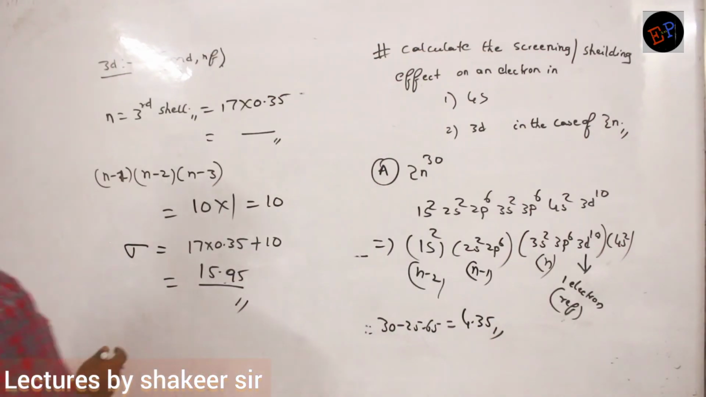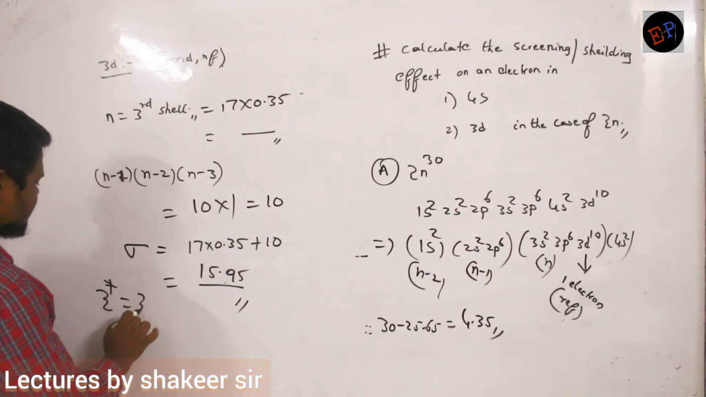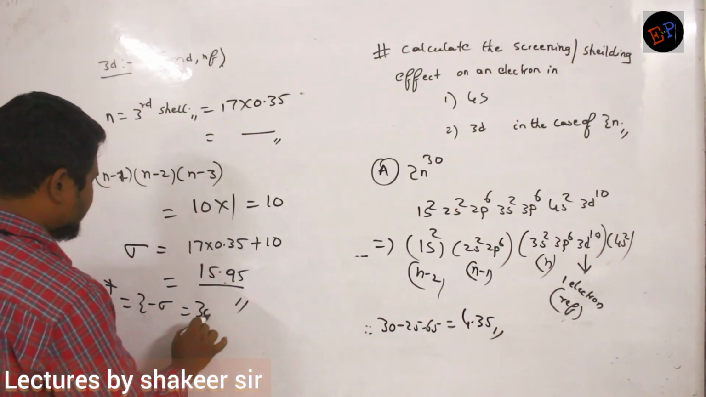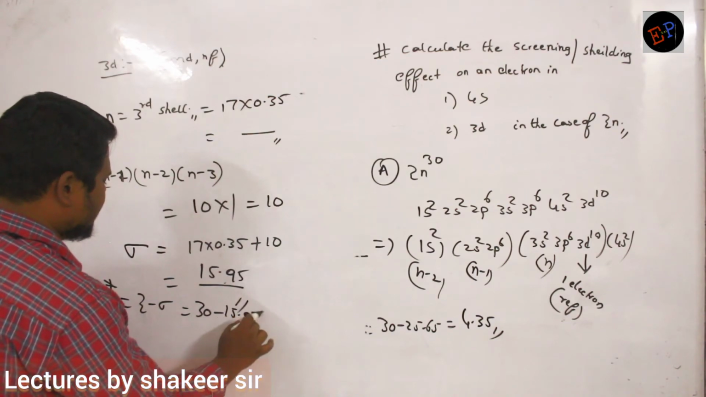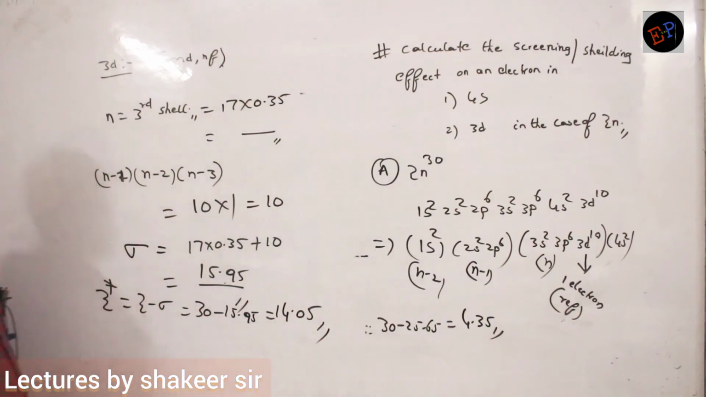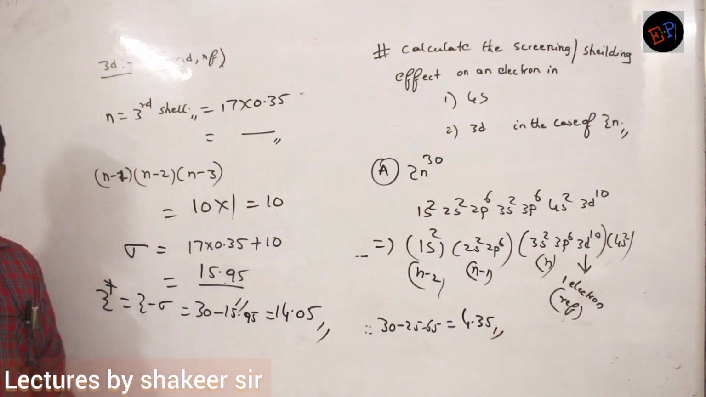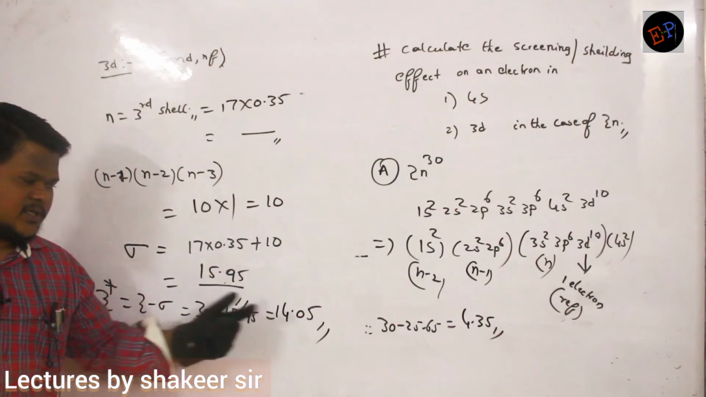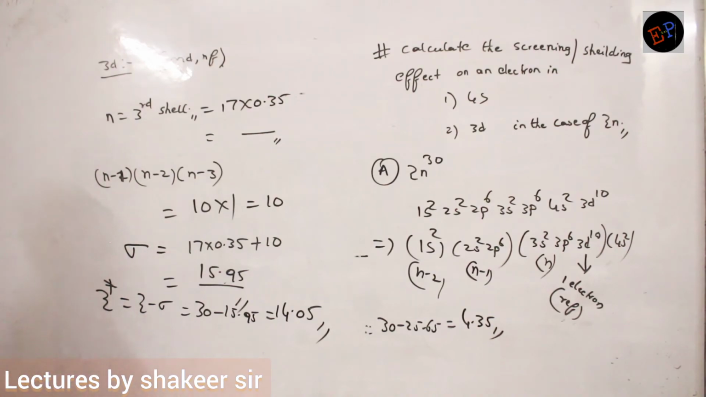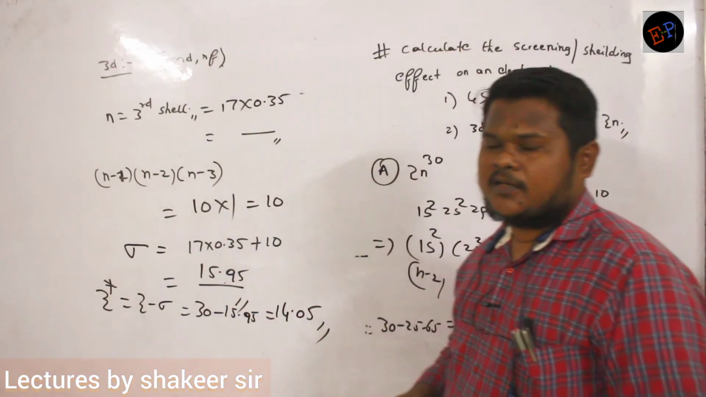So what is the sigma value we got? 15.95. So calculate the effective nuclear charge. Z star is equal to Z minus sigma. So the Z value is 30, the sigma value is 15.95. So how much? It is 14.05. So this is the effective nuclear charge on an electron present in 3d because of other electrons. That is my answer. That's it. So this is how we calculate the screening constant or screening effect and the effective nuclear charge